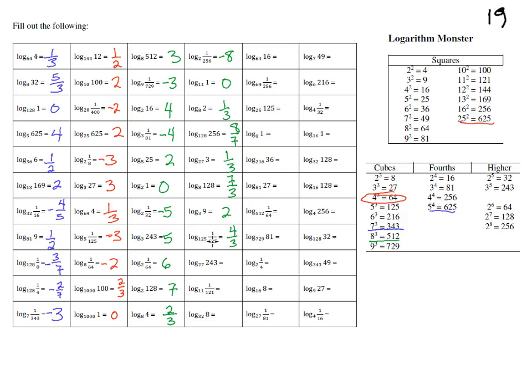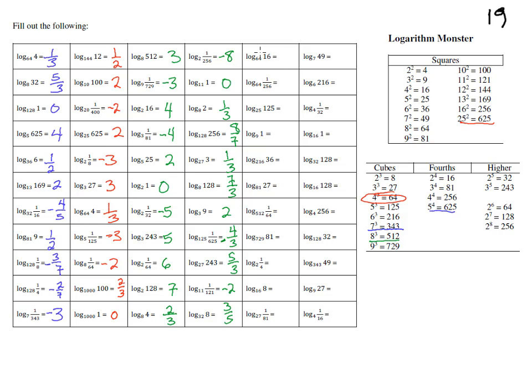Fourth power it to get up to 625, and then negative will make it a fraction. 27 and 243, they're both powers of 3, so we have to cube root to get down to 3, and fifth power to get up to 243. 11 to 121 is squared, and it's negative. Negative exponents make fractions. 32 to 8, we have to fifth root to get down to 2, and then cube it. And the next one,